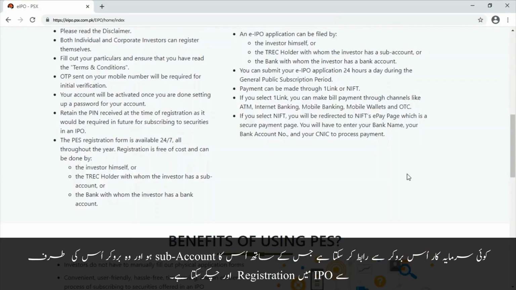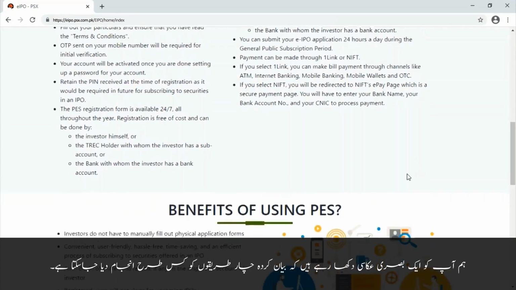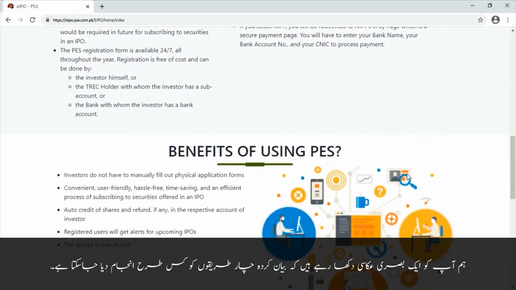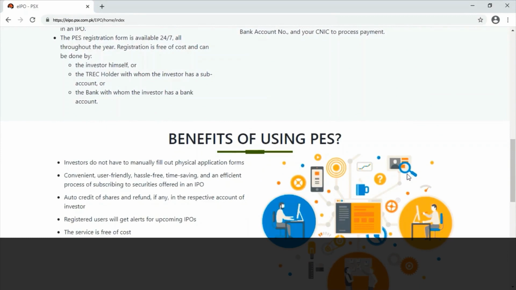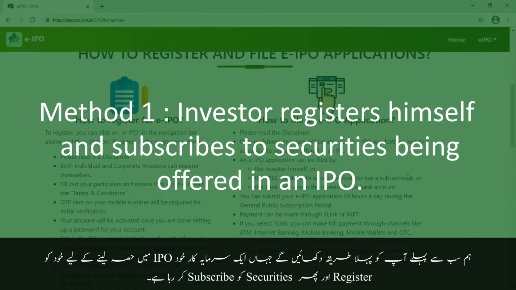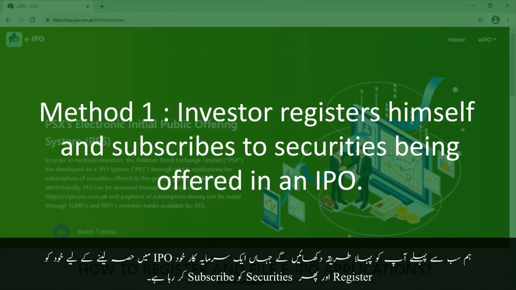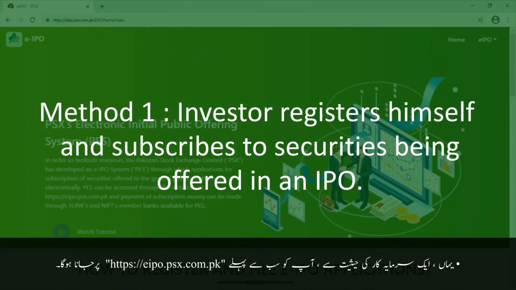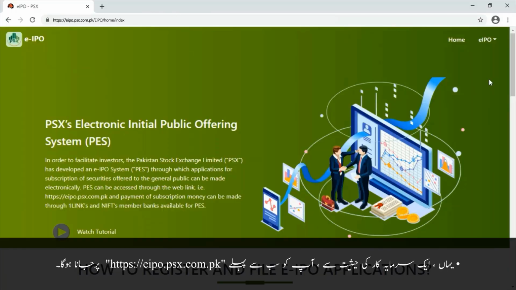We shall now be showing you a visual depiction of how the four methods explained may be performed. We shall firstly show you the first method where an investor is registering and subscribing to securities in an IPO himself. Here, as an investor, you would have to firstly visit